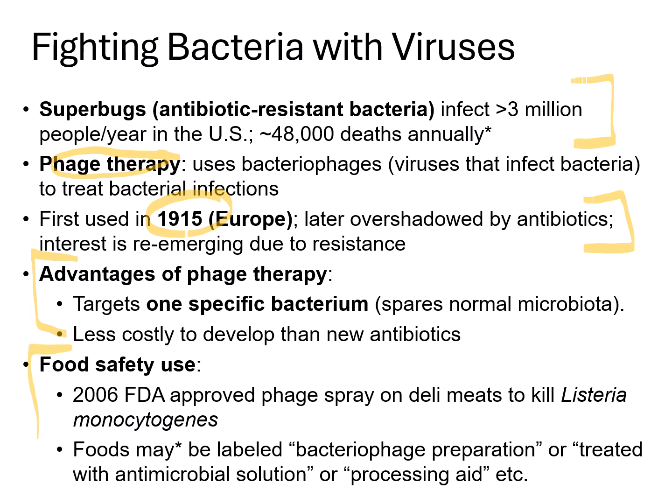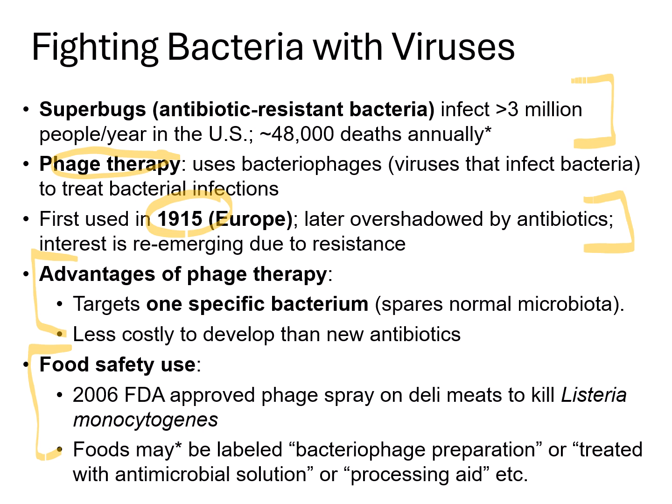Phage are also used in food safety. So our book gives us an example of a phage spray in 2006 that was used in deli meats to prevent listeria. Listeria monocytogenes is a bacterium that you might see on things like cheeses, soft cheeses,